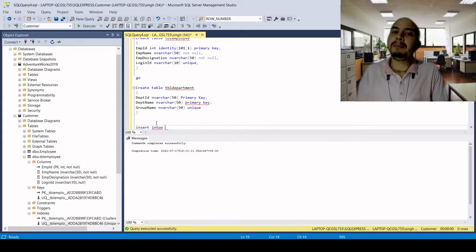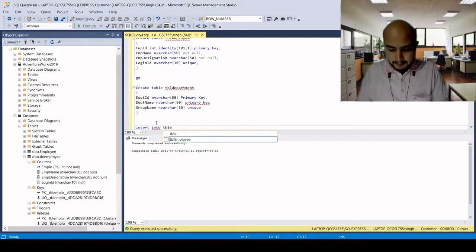We will not be able to insert a null value into the primary key, but we can insert one null value in the unique key. If we insert one null value in the unique field, then we will not be able to insert another null value. So we can insert only one null value into the unique key.